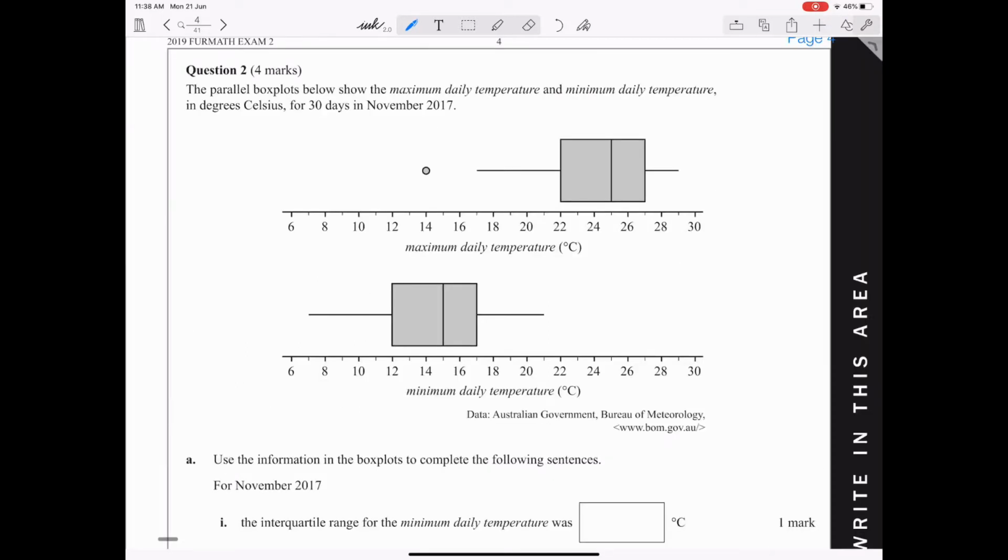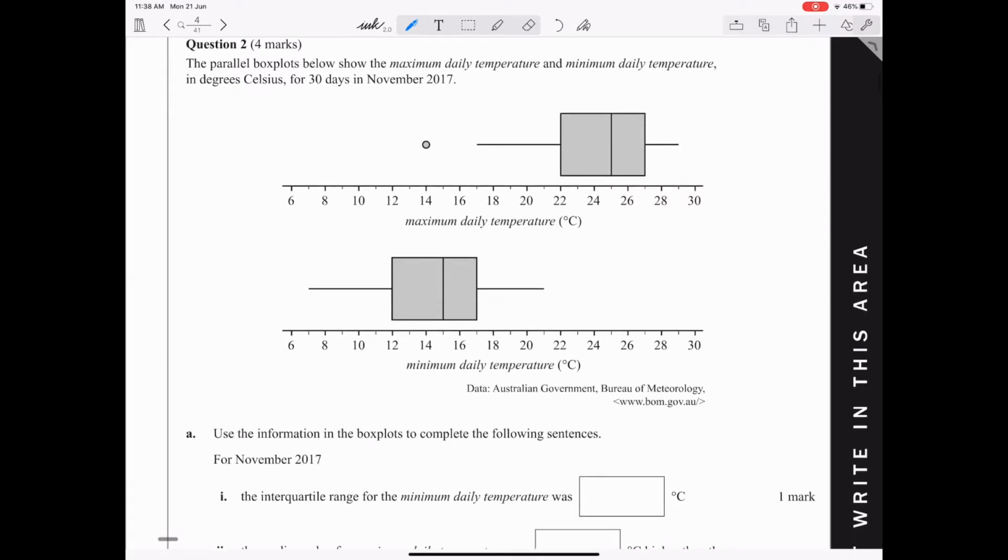Question 2, the parallel box plots below show the maximum daily temperature and minimum daily temperature in degrees Celsius for 30 days in November 2017. Use the information in the box plots to complete the following sentences. For November 2017, the interquartile range for the minimum daily temperature was. So you look at the box plot for the minimum daily temperature,